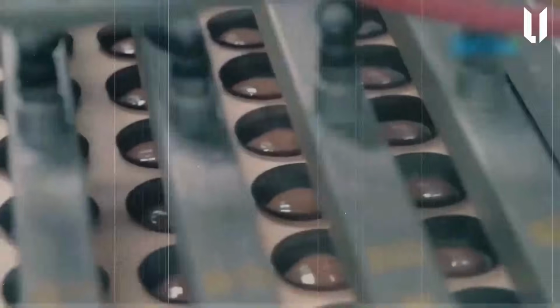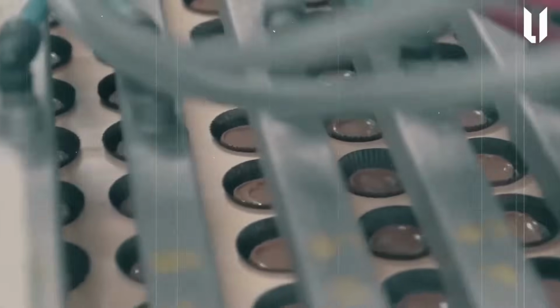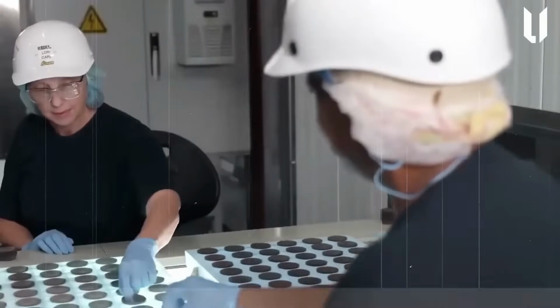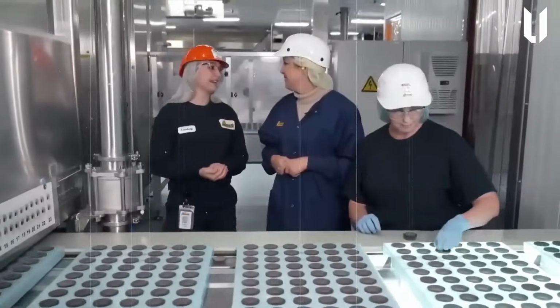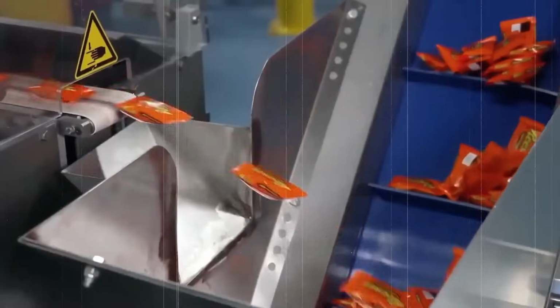In the production line, specially designed molds are filled with a layer of melted chocolate to create the cup's base and edges. The molds are then cooled to harden the chocolate, forming a sturdy foundation for the filling. Finally, the Reese's peanut butter cups are removed from the molds, wrapped in distinctive packaging and subjected to quality checks. Afterward, they are boxed